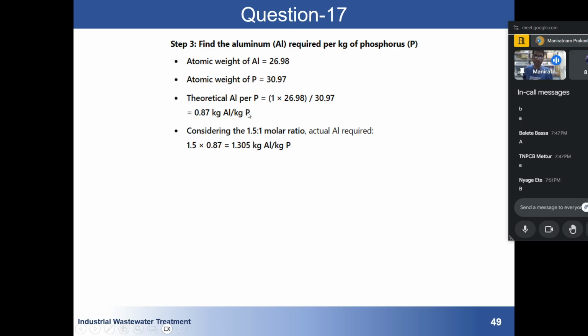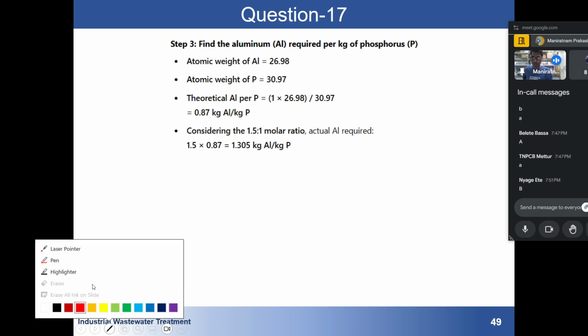So you can say that per kg of phosphorus we have 0.87 kg of aluminum. We already know that the molar ratio is 1.5 to 1, so the actual aluminum required is 1.5 into 0.87. This was theoretical for a 1 to 1 ratio, but as the ratio is 1.5, the amount of aluminum per kg of phosphorus will be 1.305